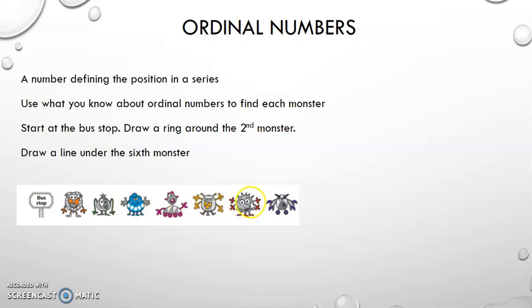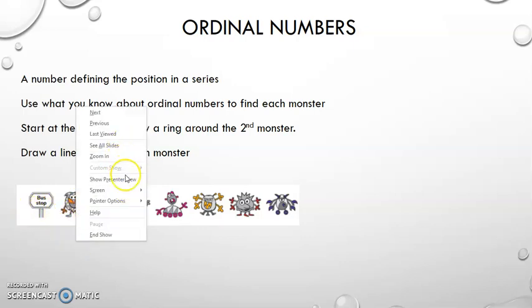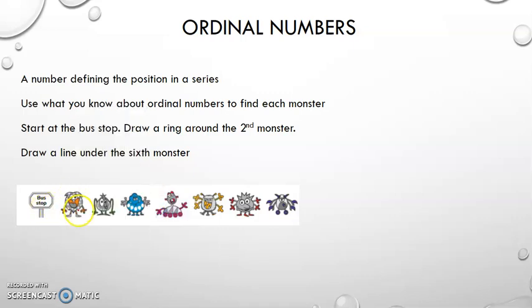So you can see there are so many monsters given here. These monsters are in positions, and numbers define those positions. You can see the bus stop here; we can call this the first monster. We can call this the second monster, third monster, fourth monster, fifth, sixth, seventh, etc. Like we can call this the first,